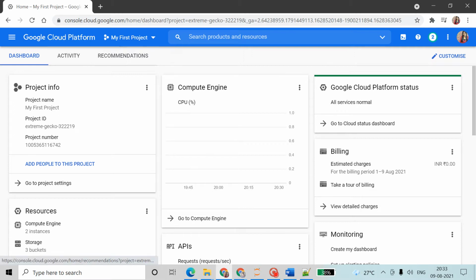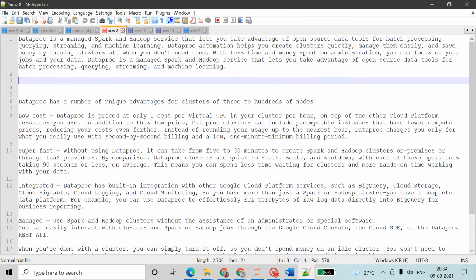So this is the dashboard of Google Cloud Platform. First, we will see what Dataproc is. First, we want to know why we are using this product and why we have to create a cluster for it.